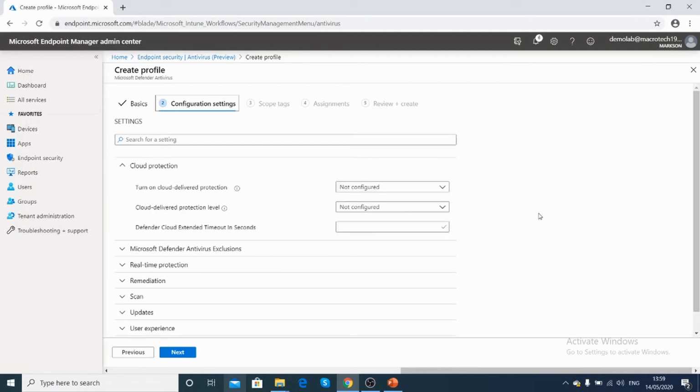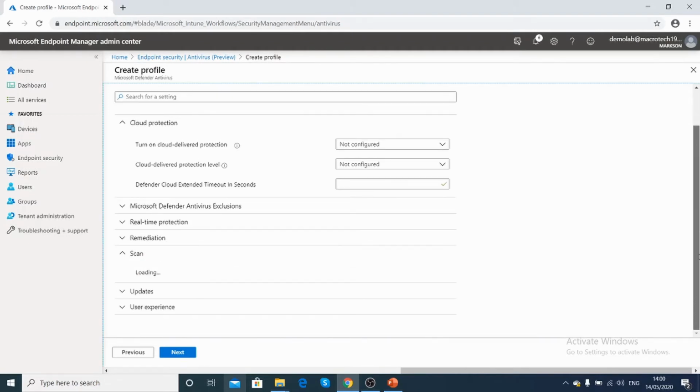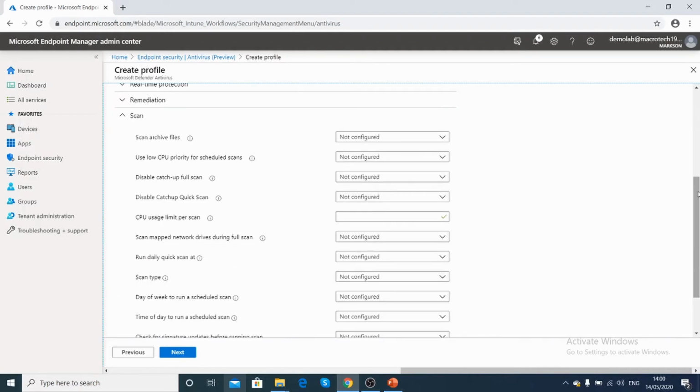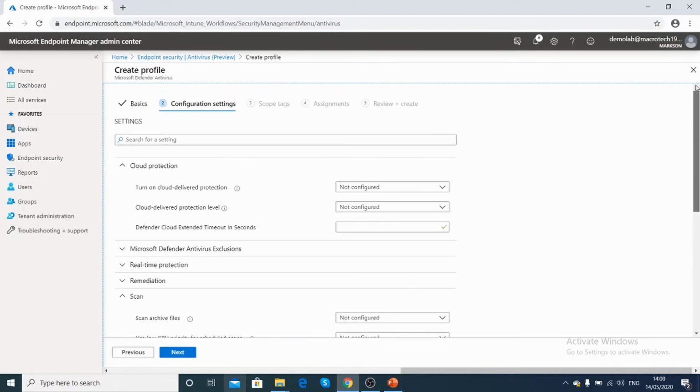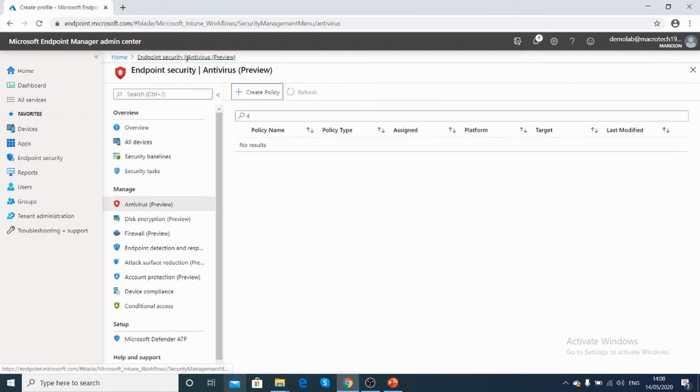So if you see all the options that are specific to antivirus, like file exclusion, folder exclusion, and security intelligence updates, those options are available. So if you go to scan settings, you can see what are all the options available. Alright, so these are specific to this Windows 10 antivirus. Instead of doing it from a single PC, you can configure the settings and deploy it globally for all the Windows 10 PCs.